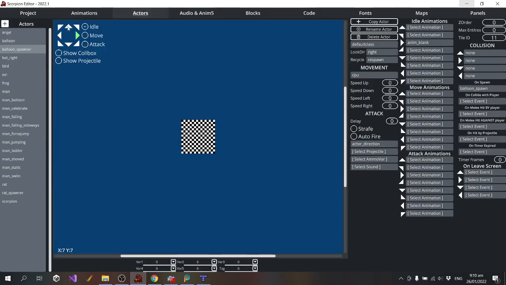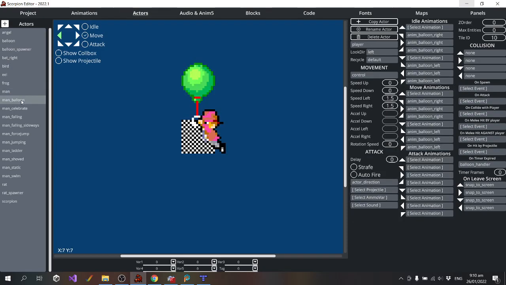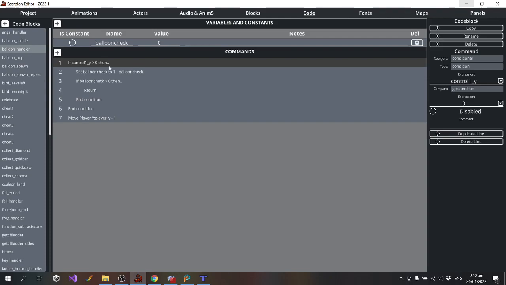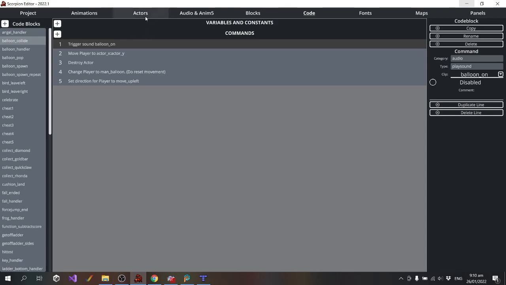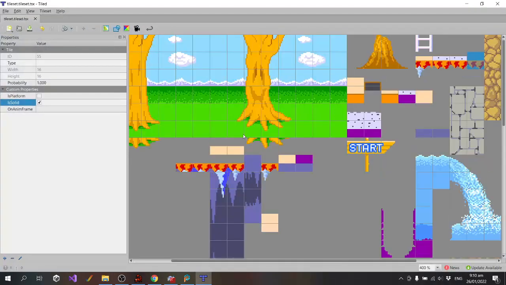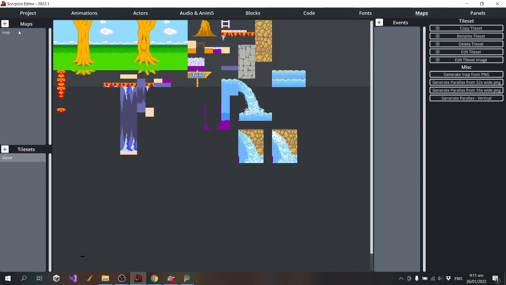Is that gonna block the balloon man going up? How does the balloon man work? Okay, so the balloon man doesn't collide with anything going up, except for when it reaches the very top of the level, when it pops. I just want to double check how that works.